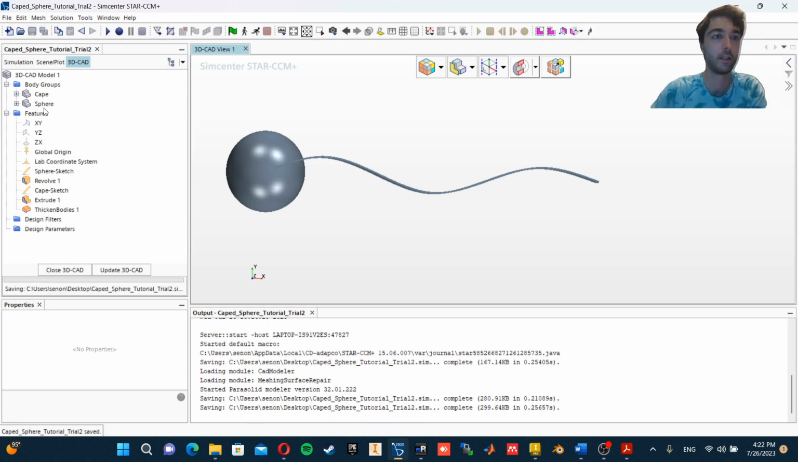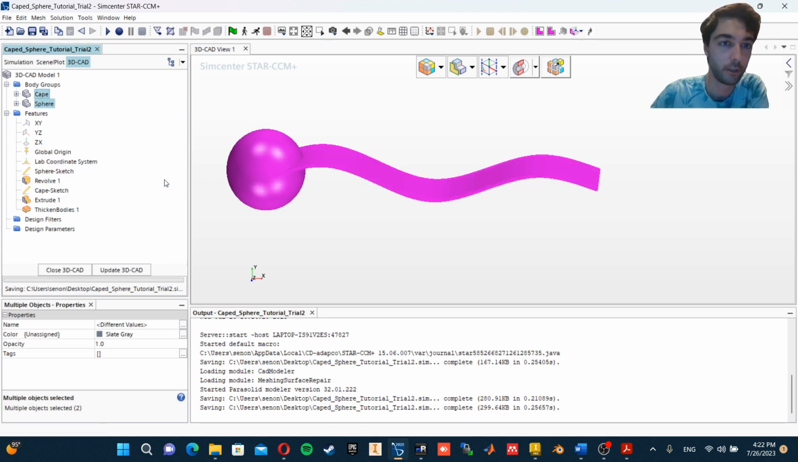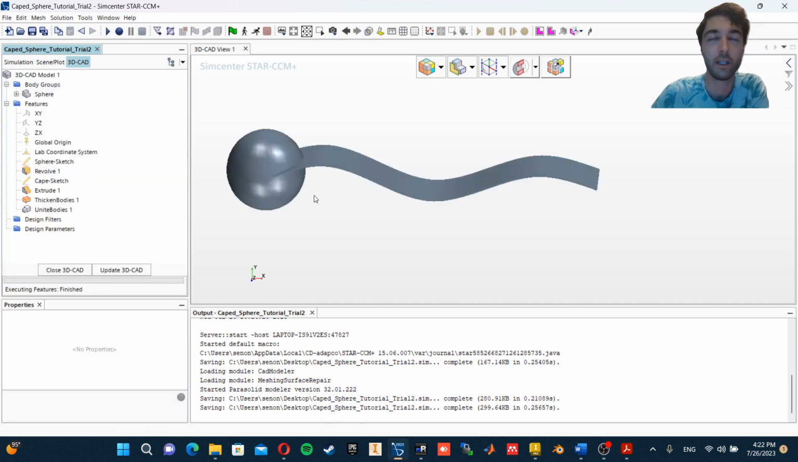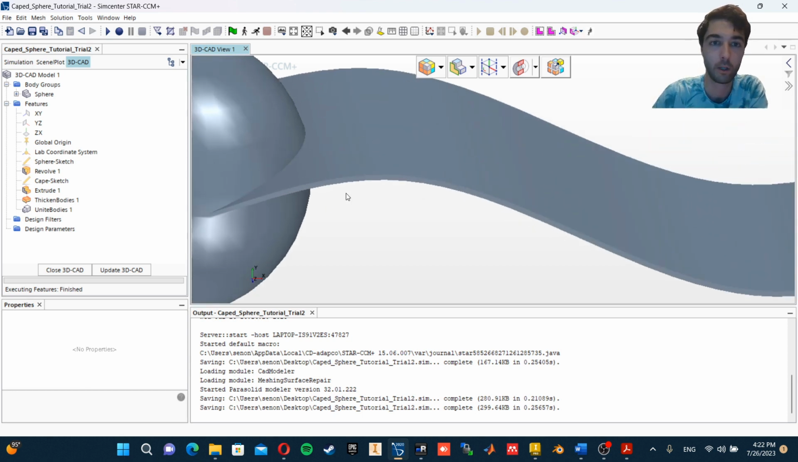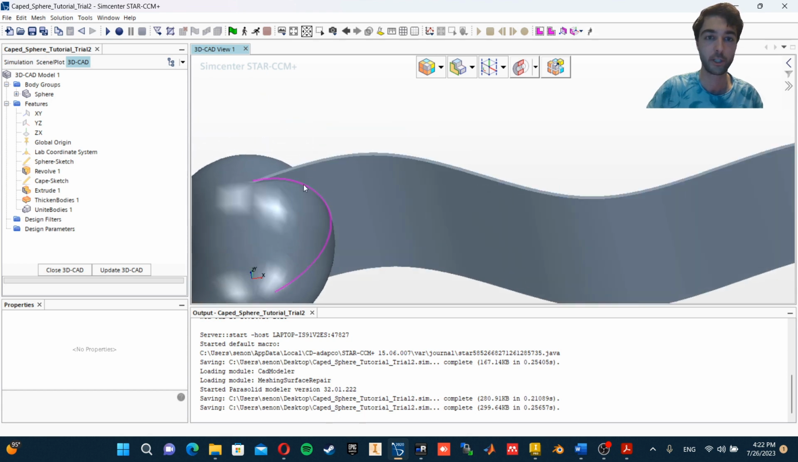Save it again. Now you have to merge these two. Merge the sphere with the cape. Boolean unite. Stay precise. Yes. Now there's a problem with this as well. You know how the cape comes here, and then there's suddenly a sphere, a very steep slope, and the prism layer will struggle generating mesh here. So to have a proper mesh around here,